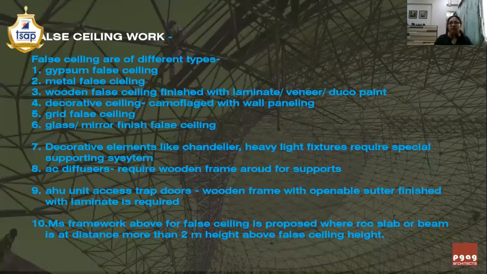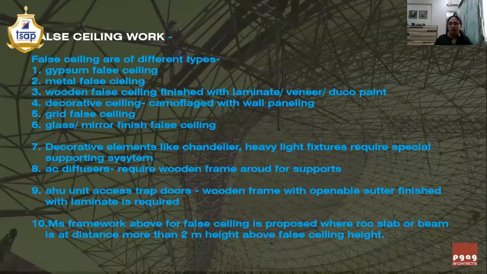For example, if the RCC slab or the metal structure slab is at around say 11 meters, and you are constructing the false ceiling which is supported with the chandelier at roughly around 7 meters height, then the 3 meters height above the false ceiling cannot be constructed out of any false ceiling members out of wood, but he will have to construct MS framework above that.